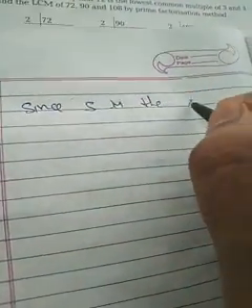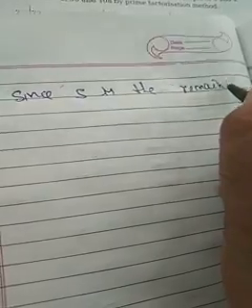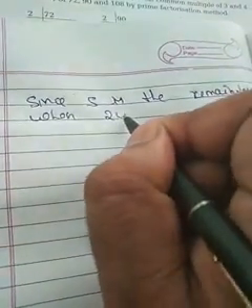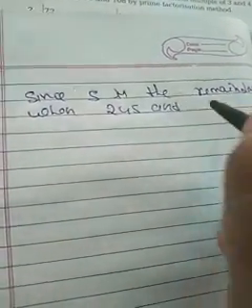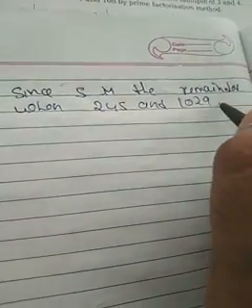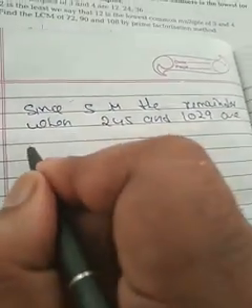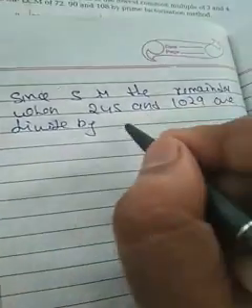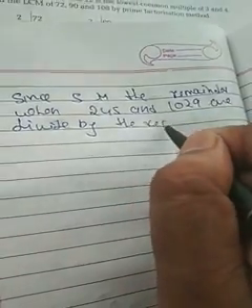Since 5 is the remainder when 245 and 1029 are divided by the required number,